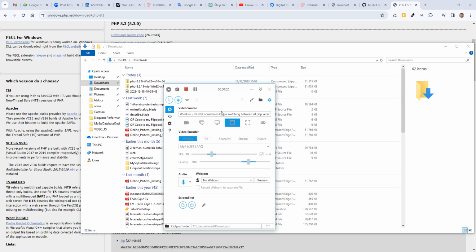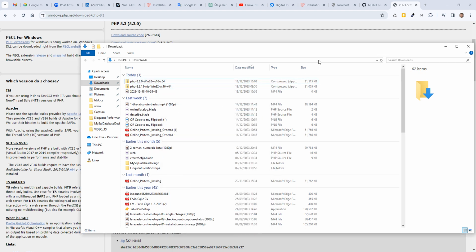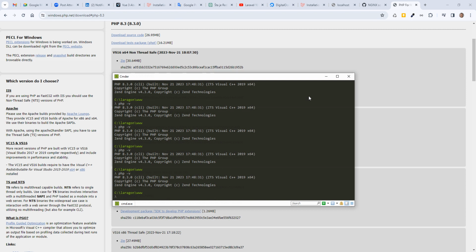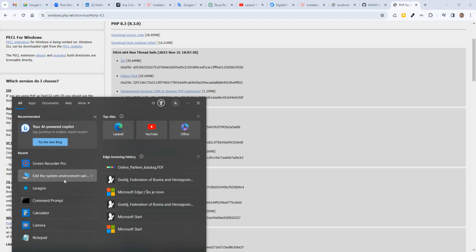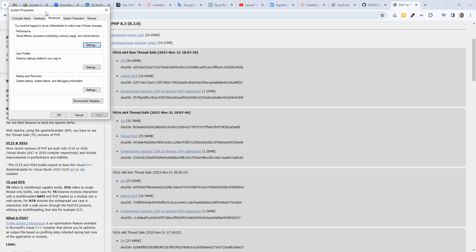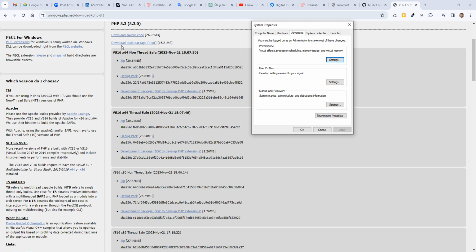Hello my friends, I would like to show you how to install PHP 8.3 on Windows 10 with Laragon. Until now it was very easy. Go to the PHP website and download 8.3, but now you should do one more step. It's editing it in the Windows environment variable. So for that you should go to